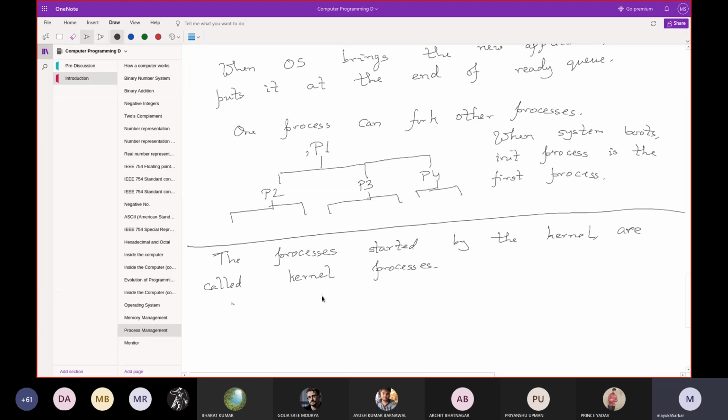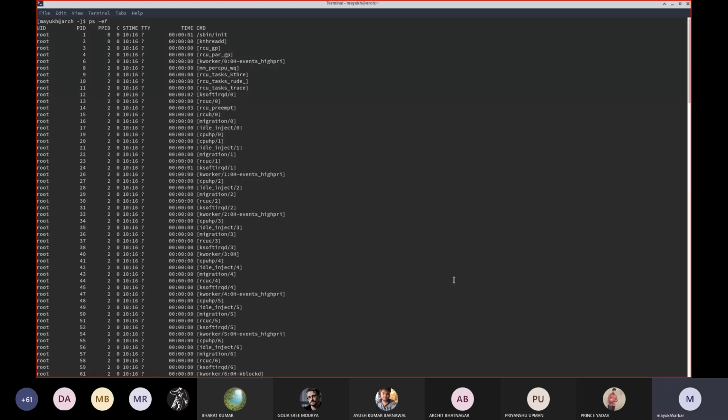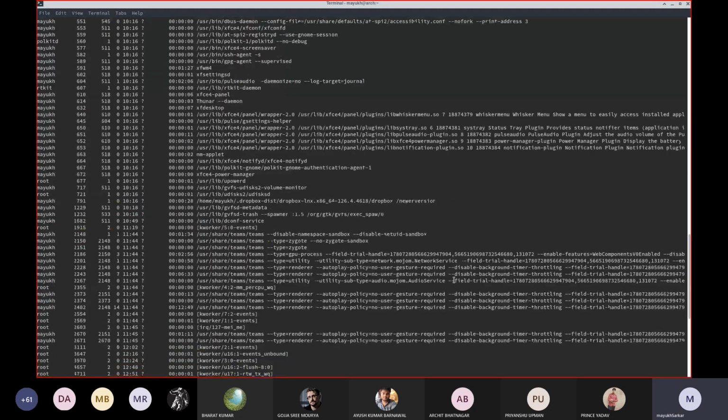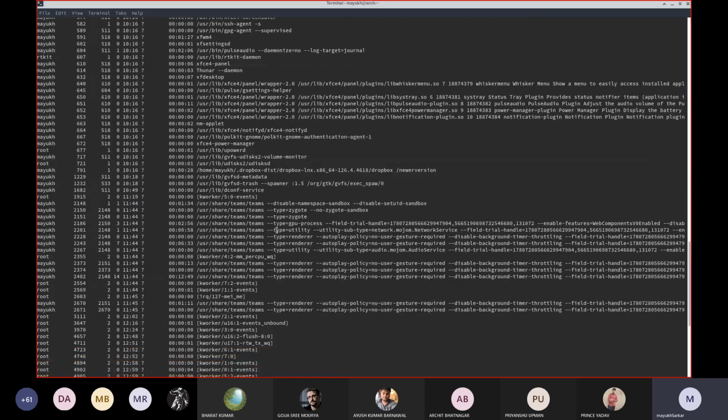And similarly, the processes started by the user, such as I have started this OneNote process, such as I have started the Teams process, right? And as you can see, there are multiple Teams processes. Why? Because one Teams process got started, the rest are its children.